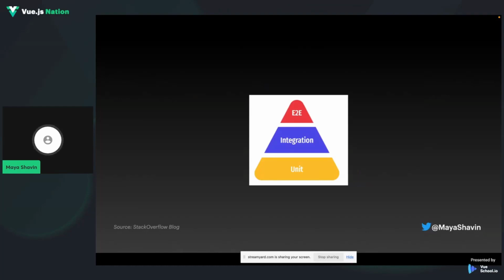And testing is not just about unit testing. It's actually a whole pyramid of testing. We start from unit tests at the bottom, which is the base of everything, because here you test your logic independently. And if your logic works, then you can move on to integration testing.